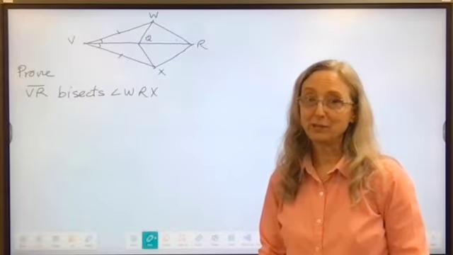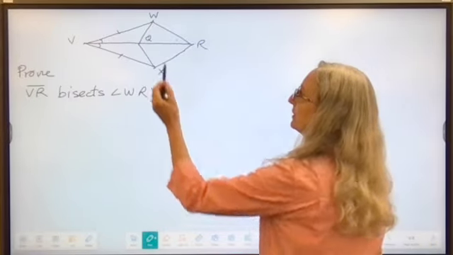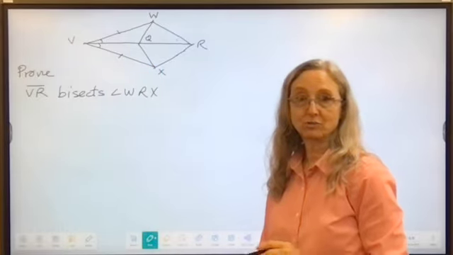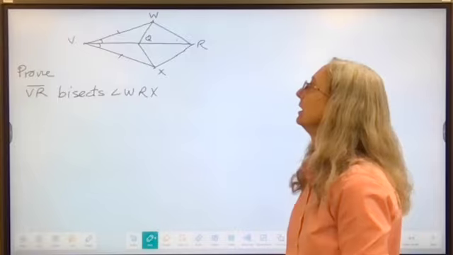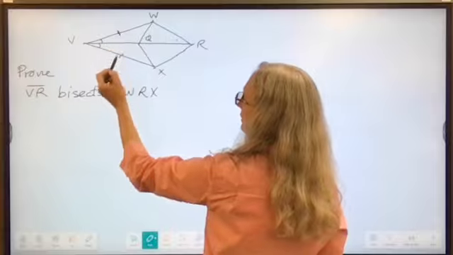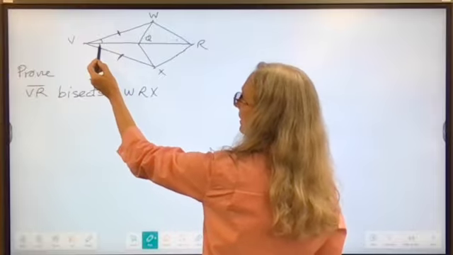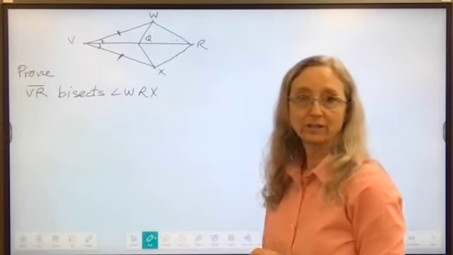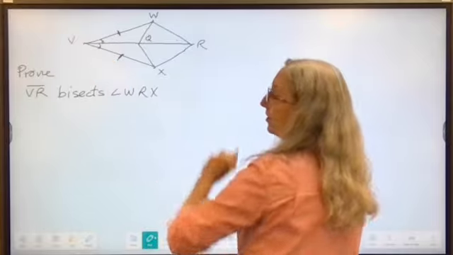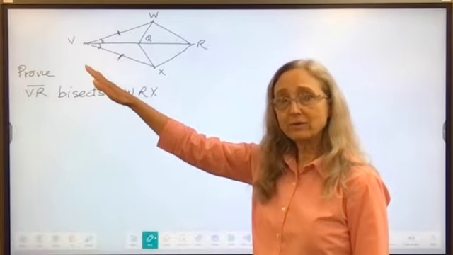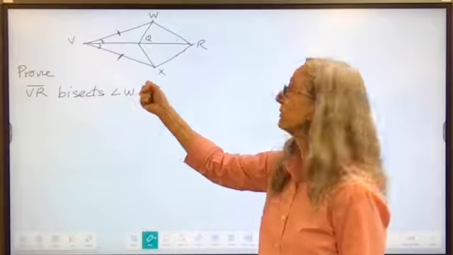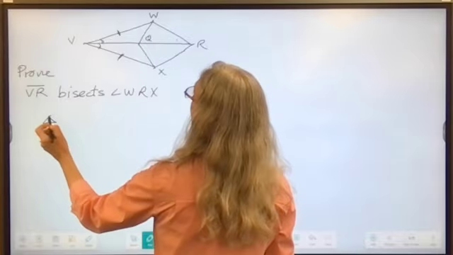Okay, were you able to figure it out? If you ignore this WQ and this XQ segment, just ignore those, then you can see that I have this side of this triangle and this side's already congruent. This angle's already congruent. The next side is VR. So if I list that show VR is congruent to itself by the reflexive property,